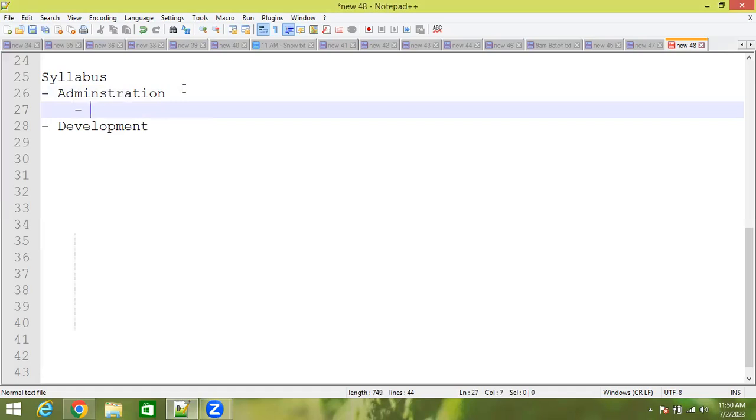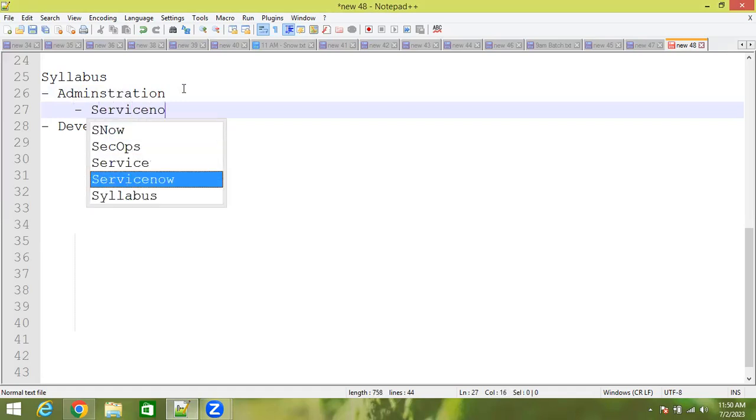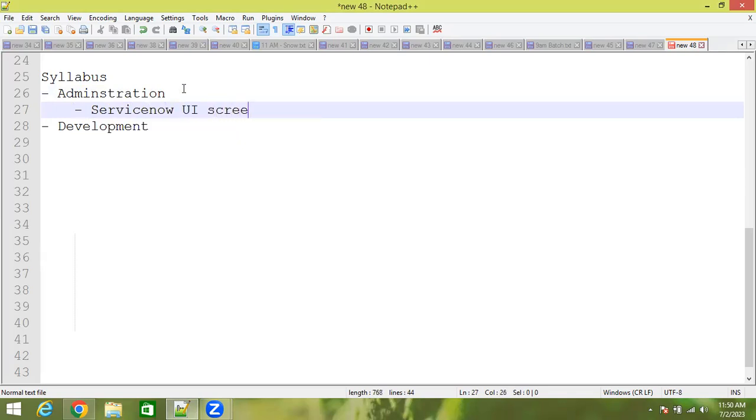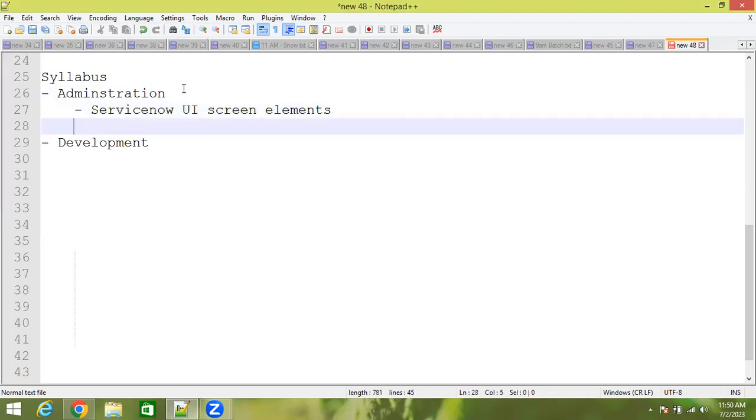In the administration, we'll talk about ServiceNow UI screen elements. When you log into ServiceNow, what components you will see, we'll learn about them. That's the first topic. Then we'll talk about user administration.